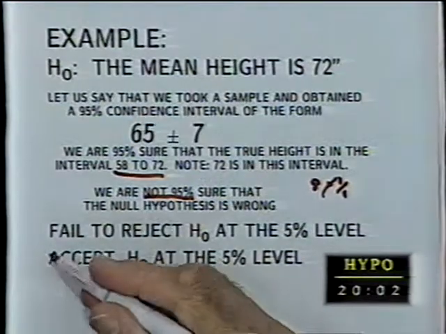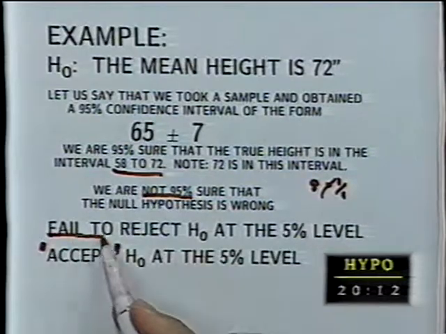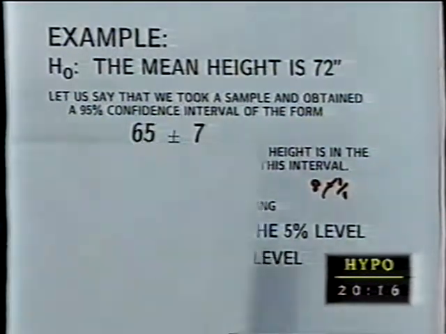But remember, this accept is really the jargon word accept. It is not the English word accept. We fail to reject. That's all we are doing. Fail to reject. We use the word accept. Why am I upset about that? Well, I get the feeling that the reason it's done is because statisticians, if someone wants you to prove something,